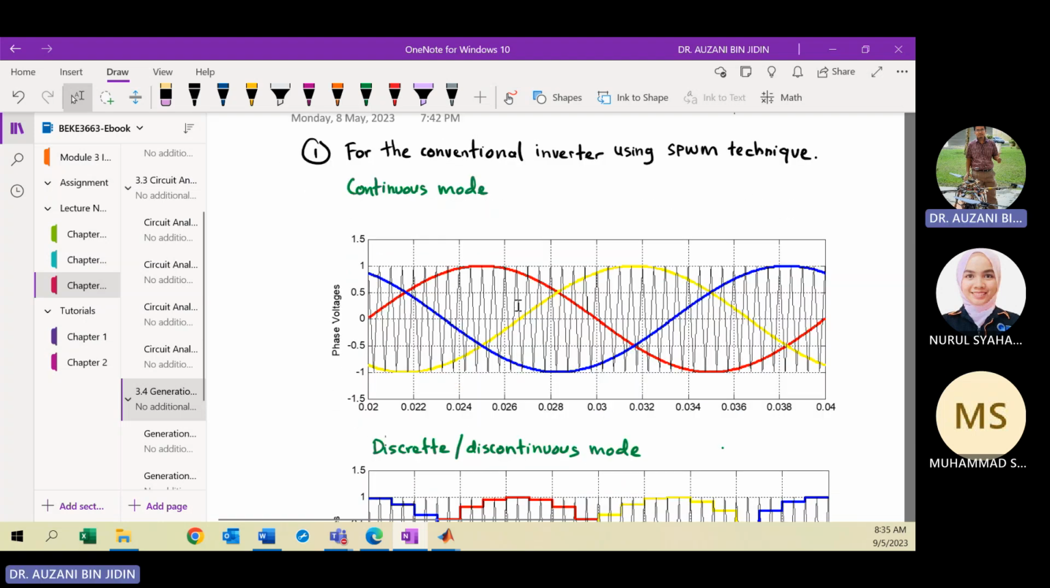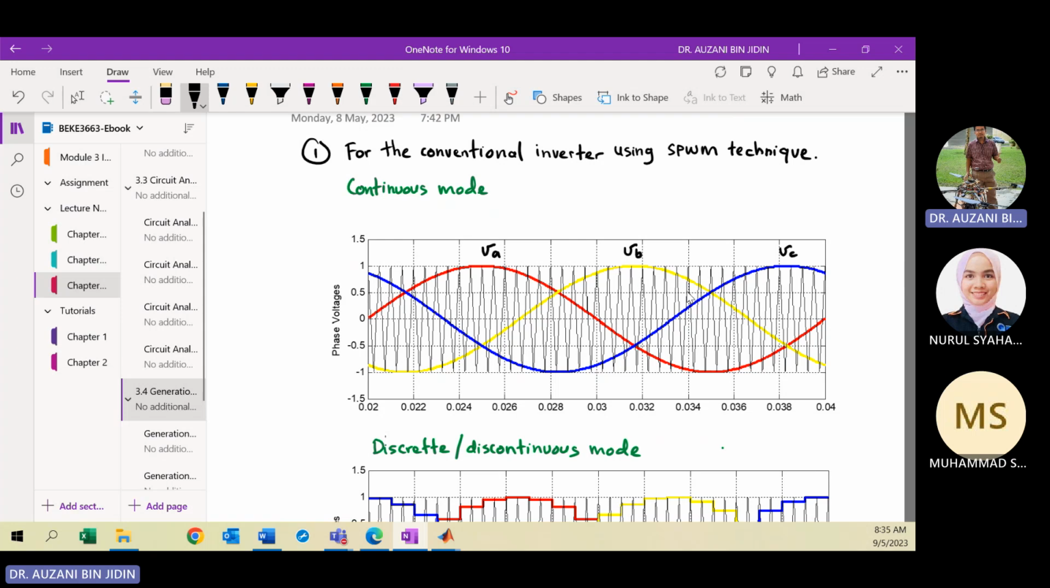So you have a three-phase modulating signal. The red color is VA, yellow is VB, the blue is VC. Remember the modulating signals are the reference signals, where the signals are balanced, meaning same amplitude, same frequency, but different in phase by 120 degrees to each other. Okay, so this is the simulation performed